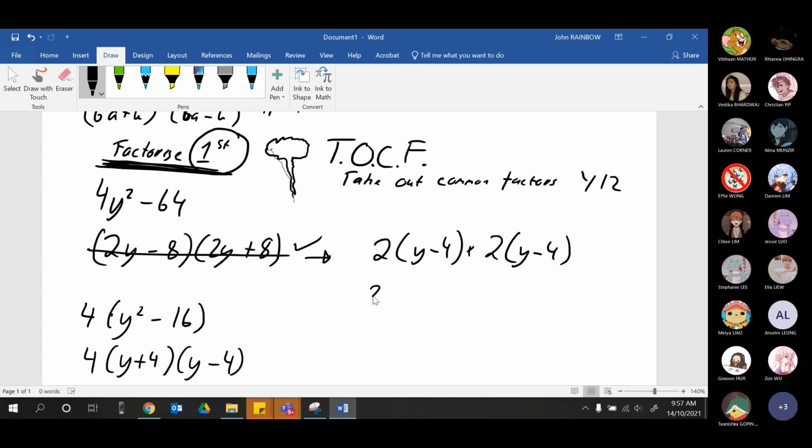And 2 times 2, then you can just rewrite this because this is all times, right? 2 times 2 times y minus 4, y minus 4. So you can take them out later, but it just gets a bit trickier and you'll get to the same